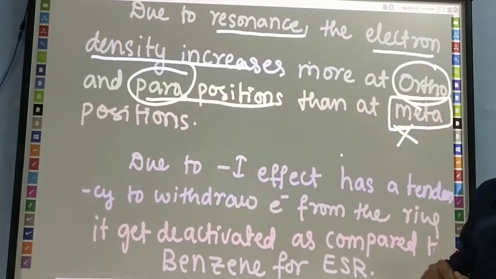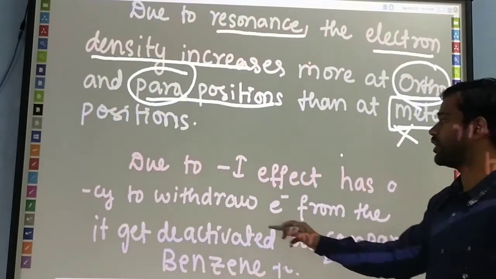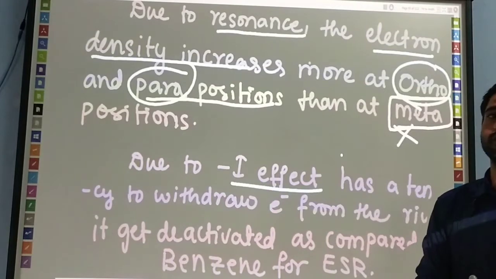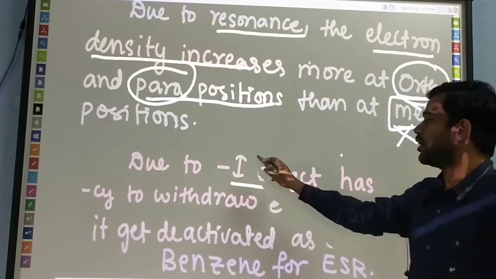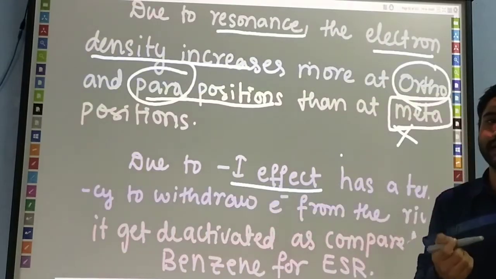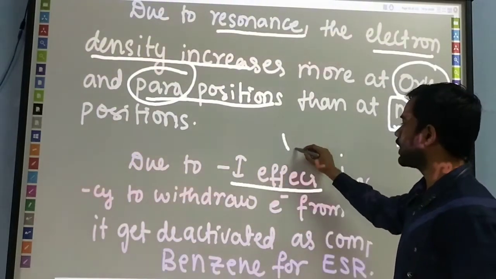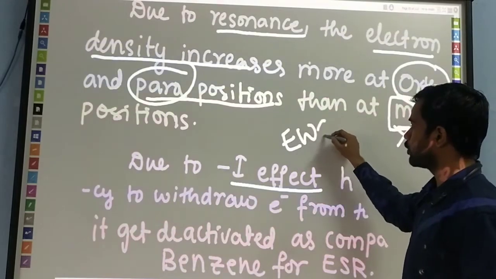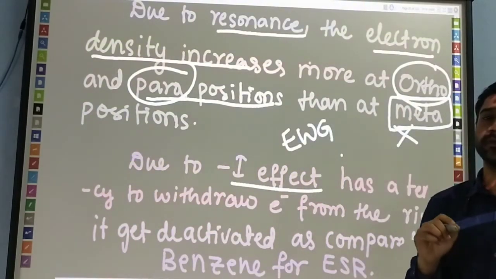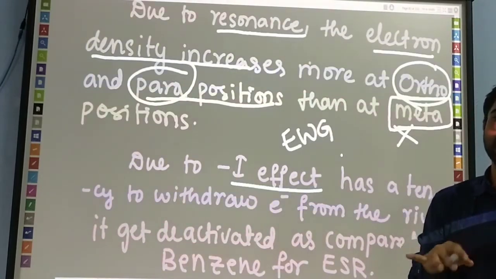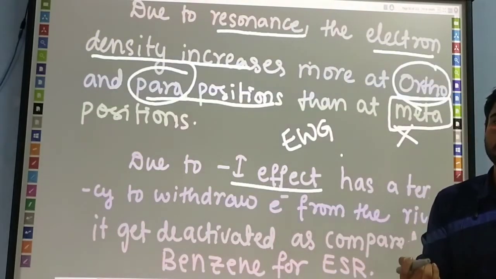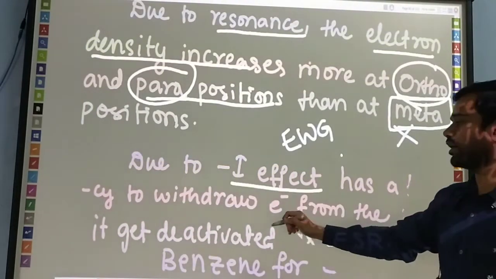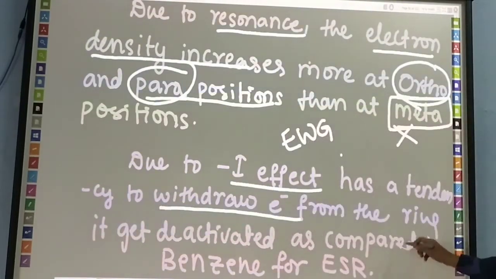Okay, what is the reason for that? The halogen exerts a minus I effect, known as the negative inductive effect. We already know that an electron withdrawing group exerts a minus I effect. Any halogen present at any position on the haloarene ring is an electron withdrawing group. That's why it exhibits the minus inductive effect, which withdraws electrons from the ring.